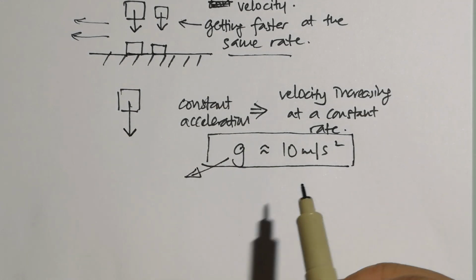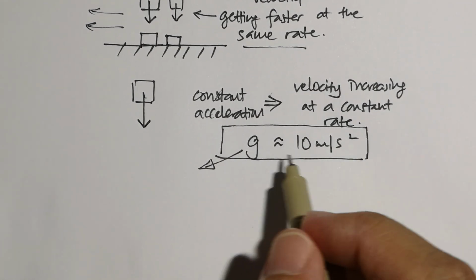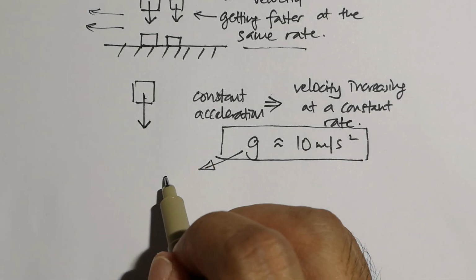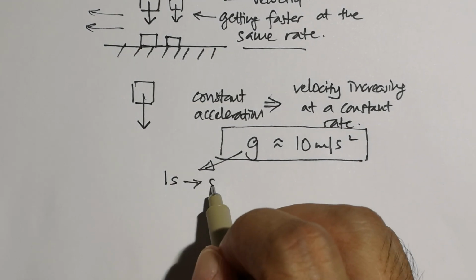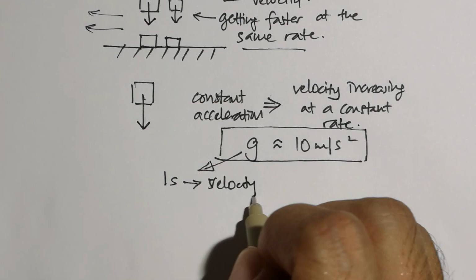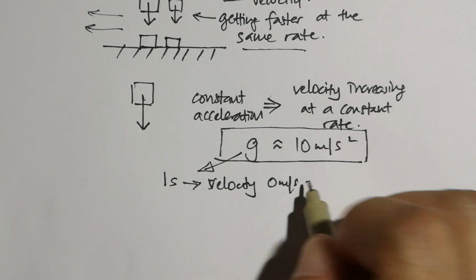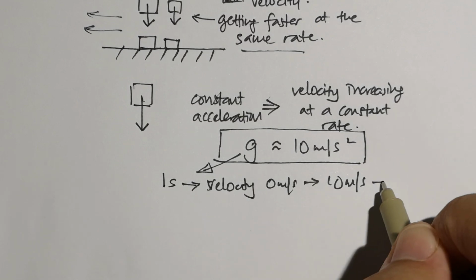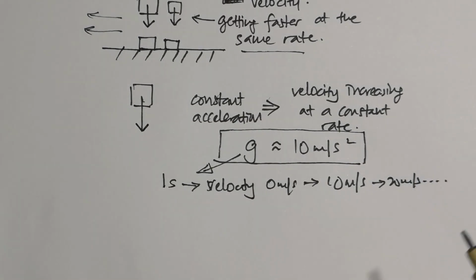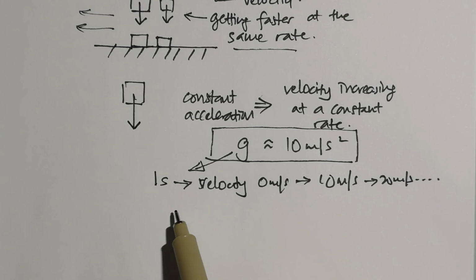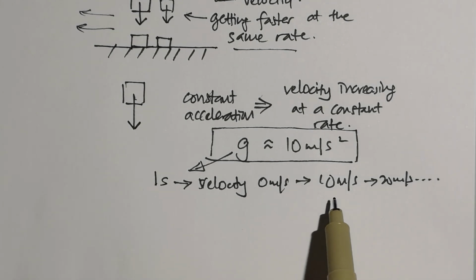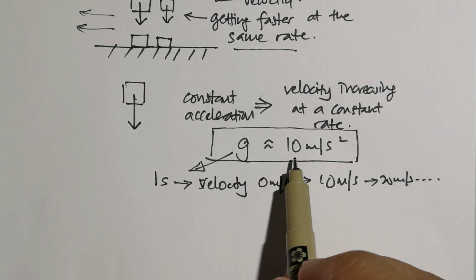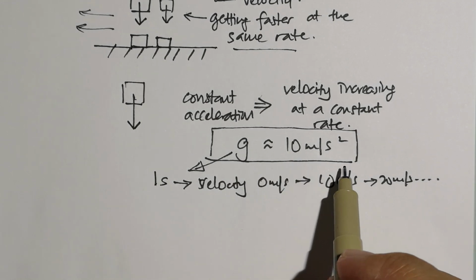Do you really understand this? Now, don't memorize just by the fact that g equals 10 meters per second square. Understand this, that for every 1 second, the velocity increases from 0 to 10, for every 1 second, from 10 to 20, and so on and so forth. So it's getting faster and faster. For every 1 second, it increases by 10 meters per second. That is how you should understand this: acceleration is a constant at 10 meters per second square.